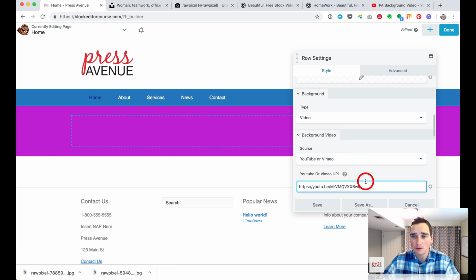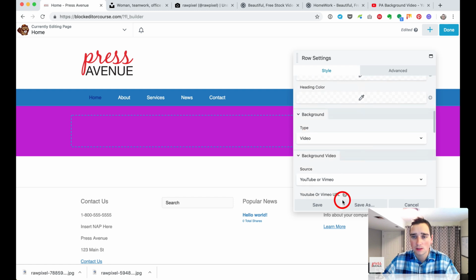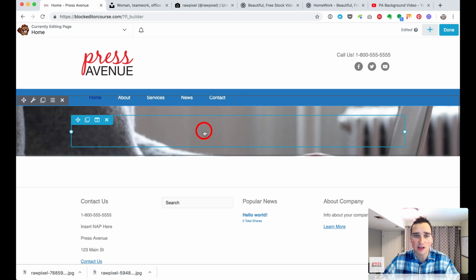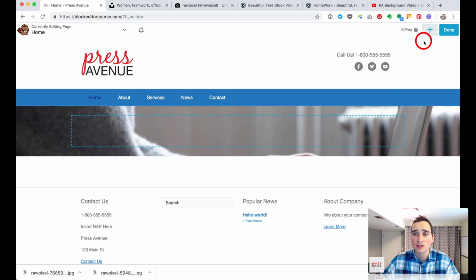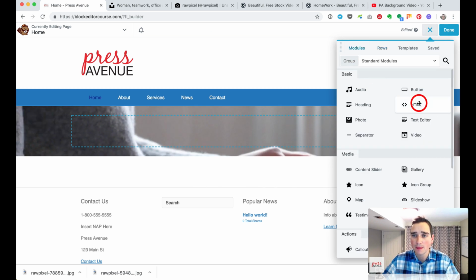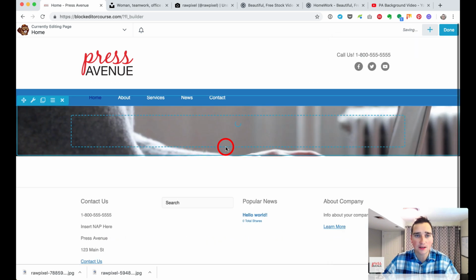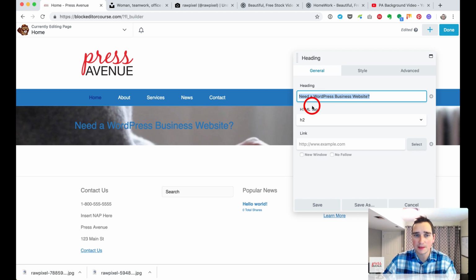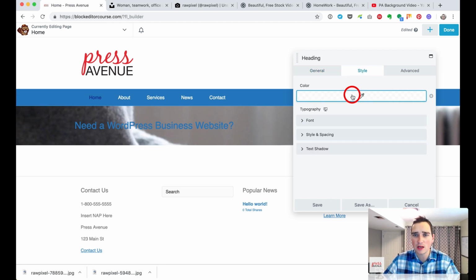And then we will go to save and see if that loads. You see it's not quite big enough, but you can see that lady typing in the background. Now we're going to add a call to action. I'm going to do a heading here that says, need a WordPress website? Copy this. The blue over the top, I can't really see it that well, so I'm going to change the color